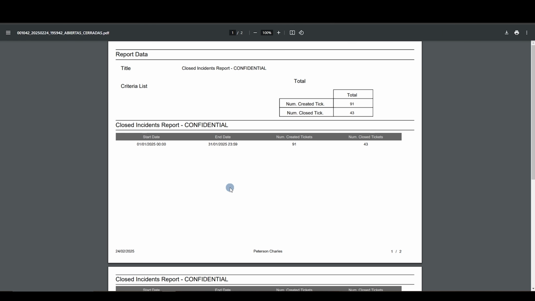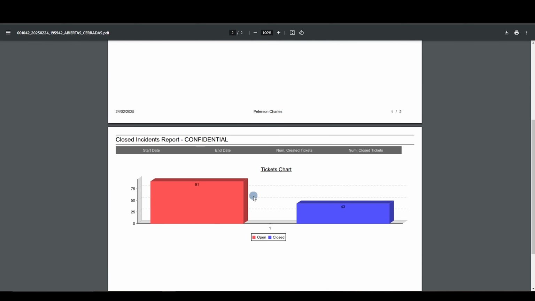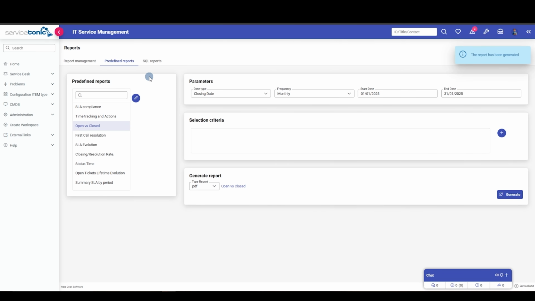And as we can see in this report, we see in numerical form the tickets closed versus created in July. And at the bottom, we have a chart corresponding to the report. Now that we have seen the predefined reports, let's go back to ServiceTonic and take a look at the SQL reports,